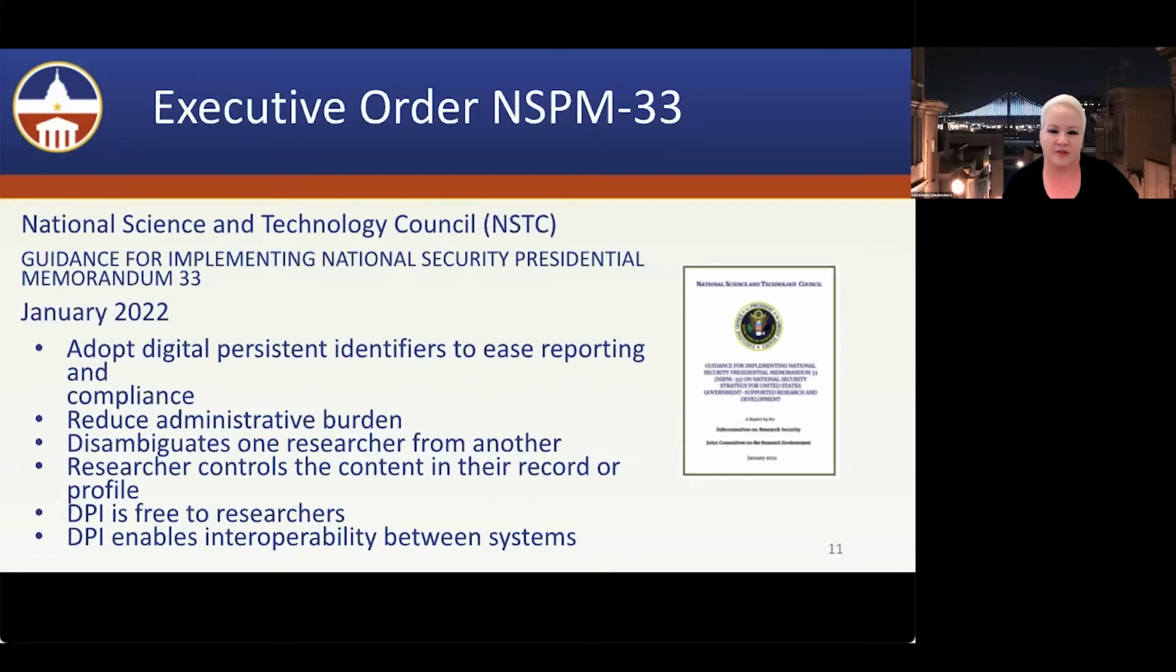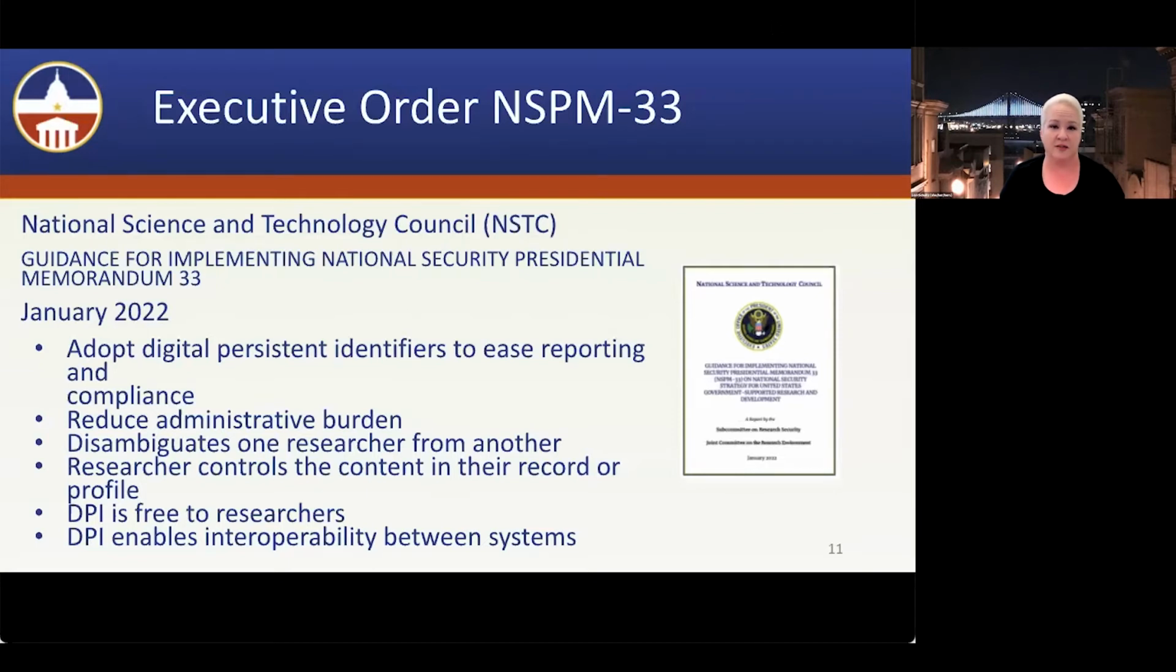What's highlighted in this slide are the really big ones. So the guidance indicates that the federal agencies should adopt DPIs to ease reporting and compliance and to reduce administrative burden. Some of the requirements around a DPI as spelled out in the guidance is that the DPI would disambiguate